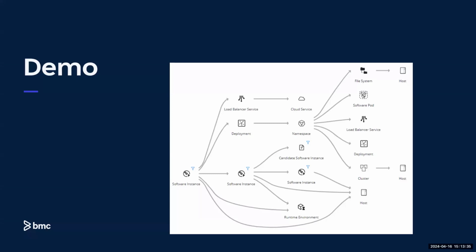There's a lot of content in the appliance that we're going to use today that are custom patterns. There's a lot of relationships that we have developed just for the sake of a demo. So the blueprint that you see on screen at the moment is going to be of BMC Discovery itself. And BMC Discovery does not have a relationship to Kubernetes as the central deployment or to cloud services as per the top branch. But it was to offer a